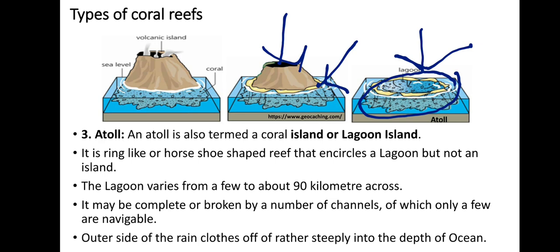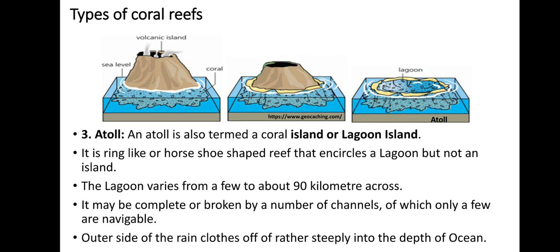If I have to take the example of atoll reef, there is Aldabra, okay, and that is present in the Indian Ocean, and it is about 260 miles northeast of Malagasy Republic, and it's somewhere 400 miles from the coast of Africa. That is the place. So this is one classic example for an atoll reef, where there is only the lagoon and there is no landmass within the reef. Okay, so that is the third type of coral reef that we can see. So there are three types. First one is fringing reef, second one is barrier reef, the third one is atoll.